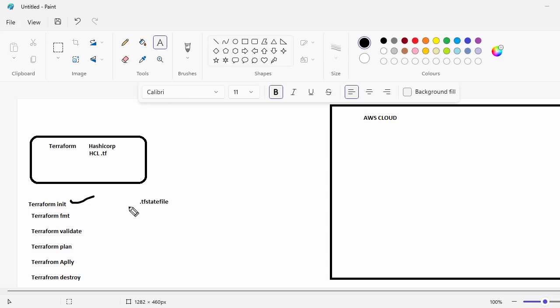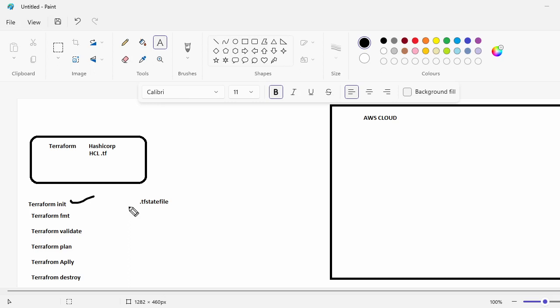When you apply it, it will initialize your repository. It will download the Terraform plugin from the main Terraform repository to your laptop, and it will check the versions of the Terraform plugin, whether you have given the proper version or not. Then it will create a .terraform folder in your repository on your laptop. Once it is created, it will tell you that it has initialized,